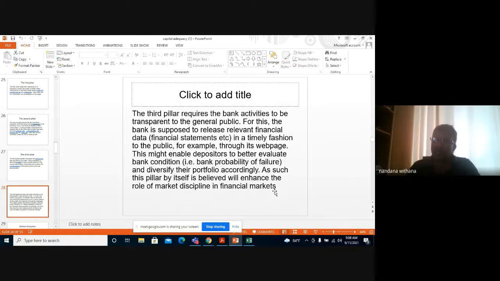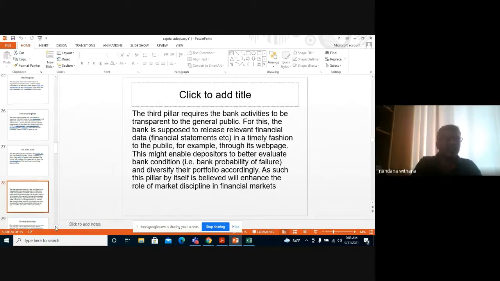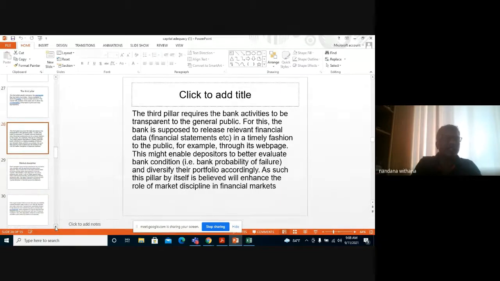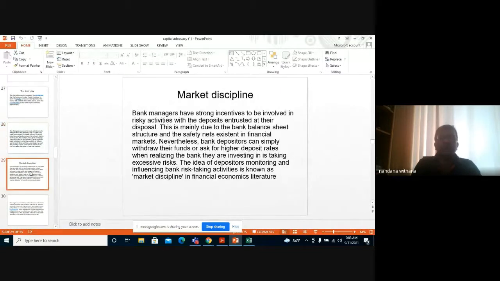Market share price will come down. Then the management comes to know something wrong with the way we manage our business. Or depositors give the signal, I'm going to withdraw money. They are slowly withdrawing. That gives a signal. Now you find when you want to go for deposits, you have to pay higher interest rate than others, slightly higher. That gives the signal. Why is the signal coming? Because people read and understand financial statements published by you.